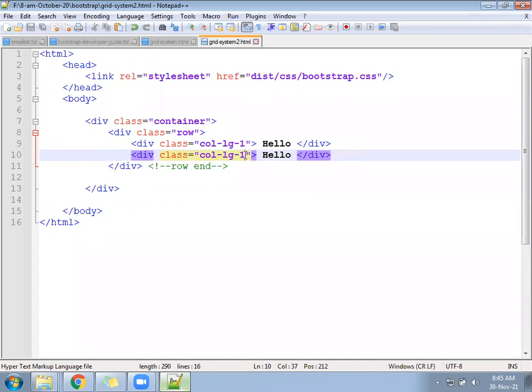Save it and check once. Both hellos, are they coming in the same line or next line? You should reply same line or next line.